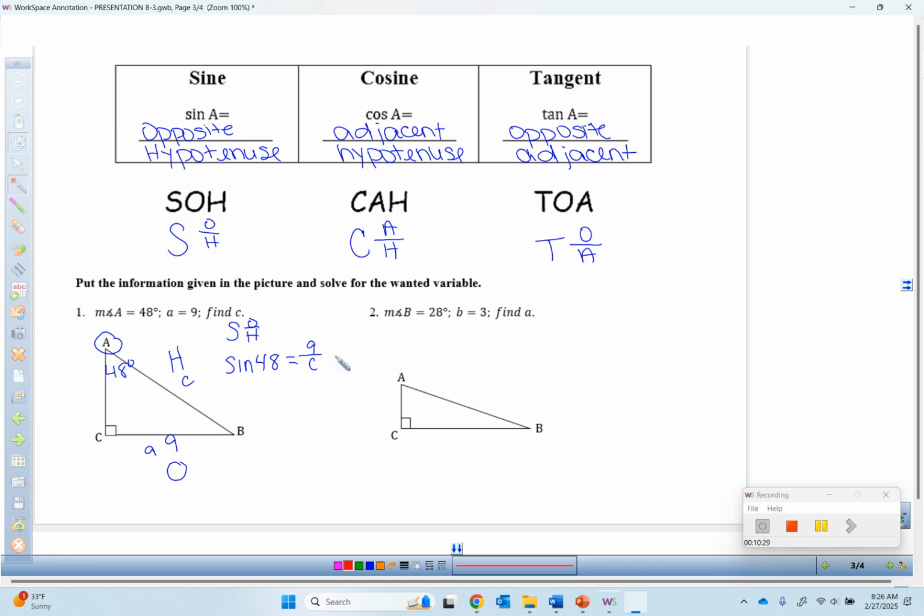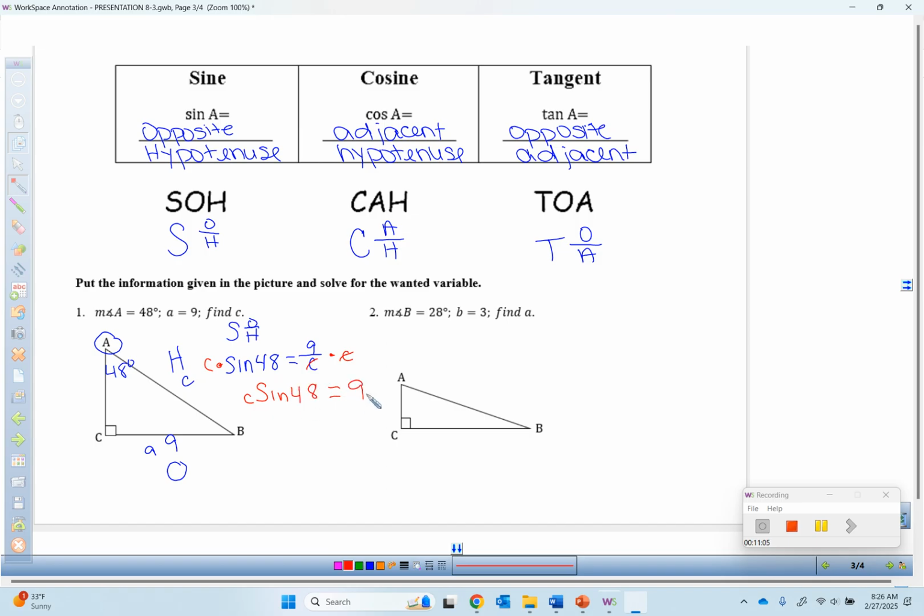We don't want C on the bottom, so what do? Times it by C. Okay, now this sine 48 is actually the other side of the proportion. So if I do this times C, I want to do this side times C. Okay? So then these two C's are going to cancel out, and this leaves me with C sine 48